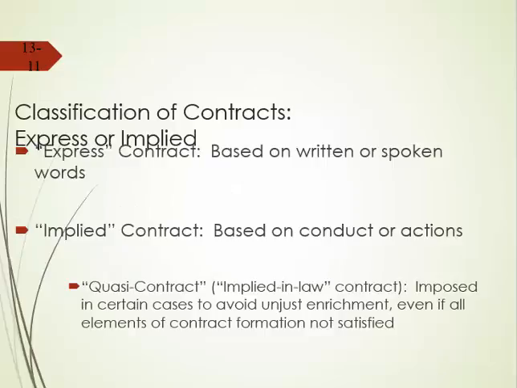Now, do you have an argument that you substantially performed? You went halfway. Don't I owe you something for substantial performance? So that's a contract concept that overlaps with bilateral contracts as well as unilateral contracts. What does it mean if you haven't fully performed what you said you would do under a contract, but you substantially performed? What if you perform 90% of what you said you would do? Now that doesn't work really with a reward poster. If you brought back 90% of Fluffy, just don't want to talk about that.